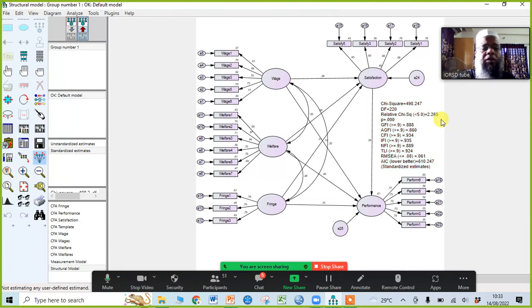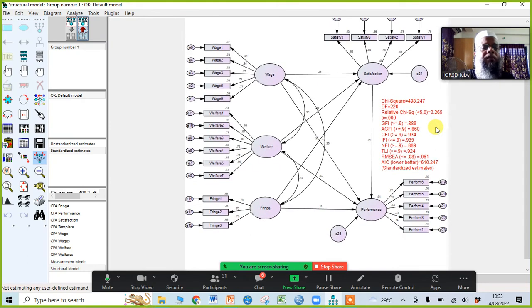Initially, we shall look at our fit indexes. Relative chi-square is less than 5. P value is less than 0.05. However, GFI and AGFI are not complying, but the other fit indexes CFI, IFI, NFI, TLI are more than or equal to 0.9, and the RMSEA, which is a very important one, is less than 0.08.